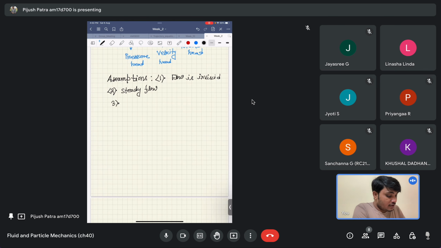The third assumption is that the Bernoulli's equation is valid along a streamline